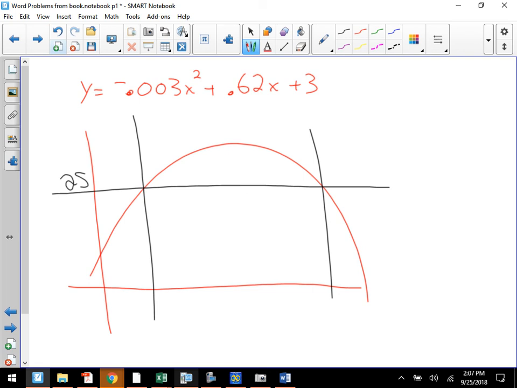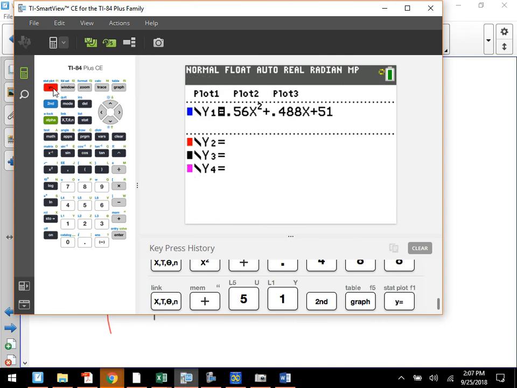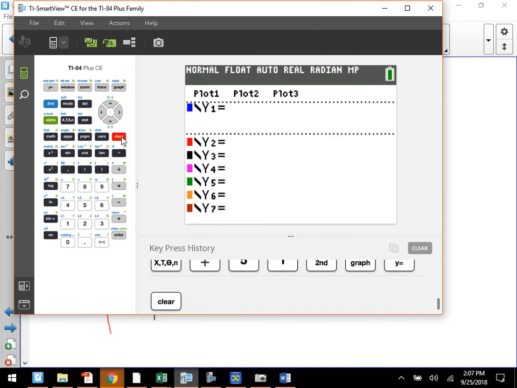Now, there's a new button that we haven't used yet on the calculator. It is not called trace. Trace is a horribly inaccurate way of doing really anything. So what I'm going to do, I'm going to put in